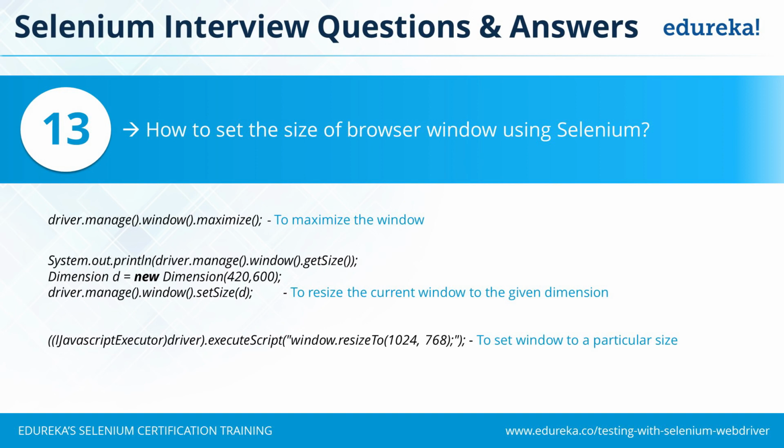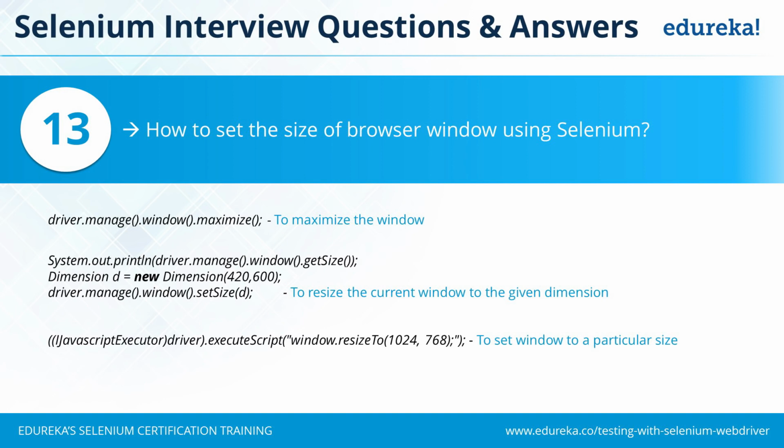So that's pretty simple. There's an inbuilt method from Selenium, driver.manage.window.maximize. So this maximize method will put your browser window to the maximum width of your screen. So if your resolution is 1980 into 1240, it will just maximize it to that particular resolution. If your resolution is something else, it will cater to that resolution. But the basic functionality it will perform is maximize your browser window to fit to your screen.